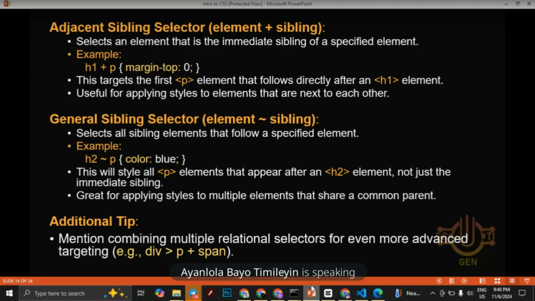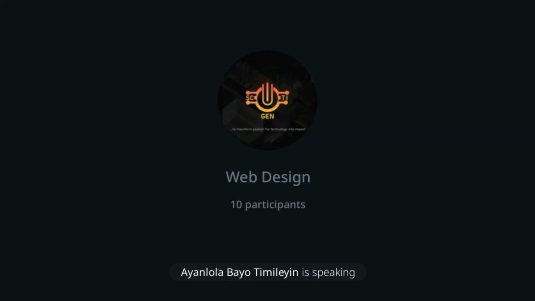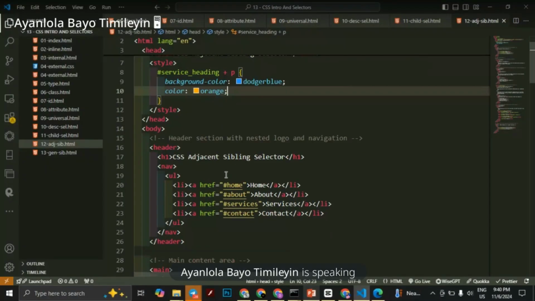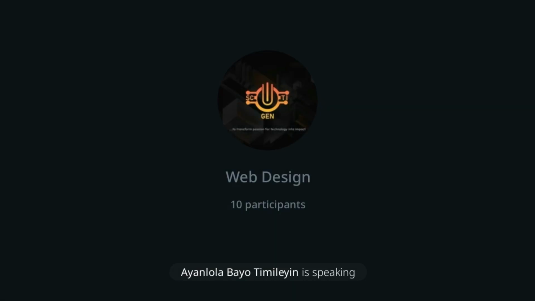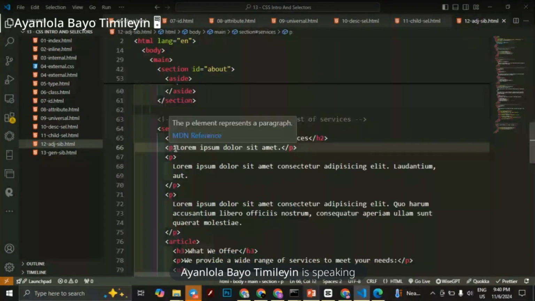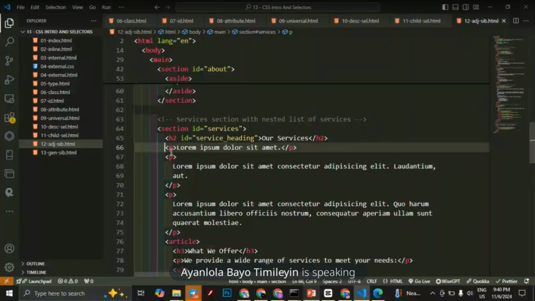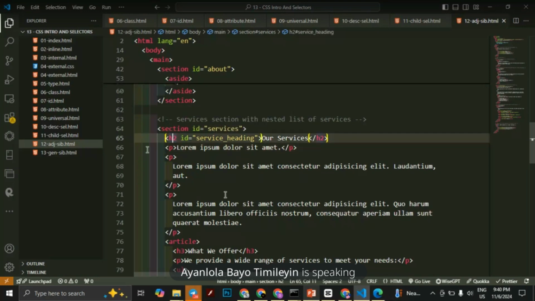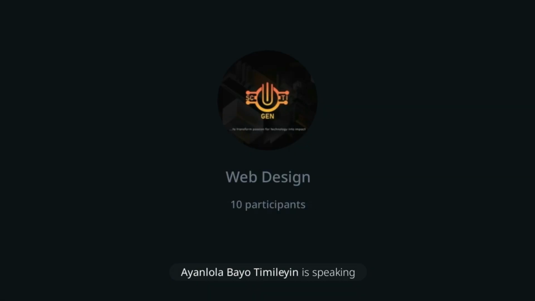To explain this better, the adjacent sibling selector that we used right now, using this H2, styled only this P element. In a situation whereby you want to style all the paragraphs that are the siblings of this H2, that is where the general sibling selector comes in. And then we use the tilde operator instead of the plus or addition operator. So I will get these paragraphs, copy them, and then move them to